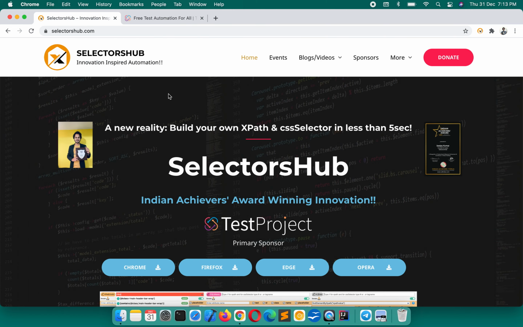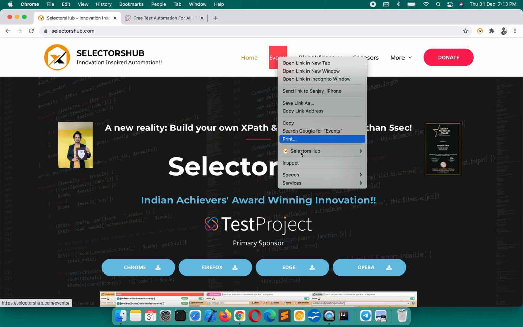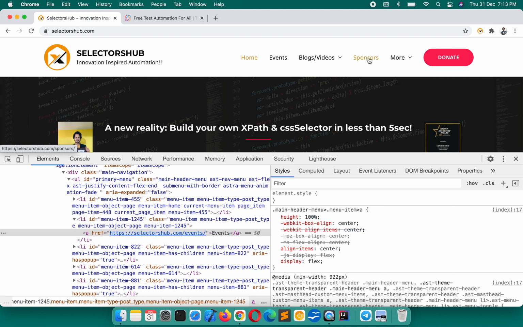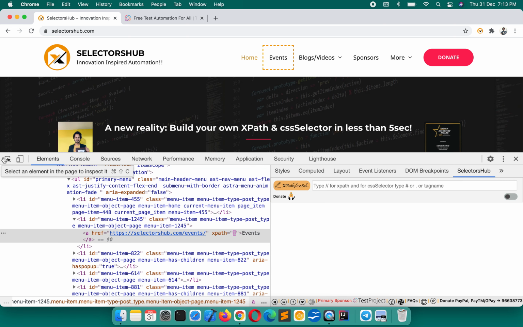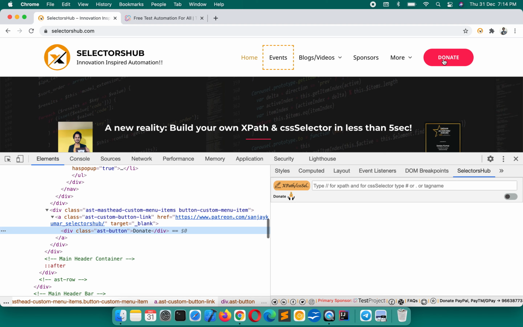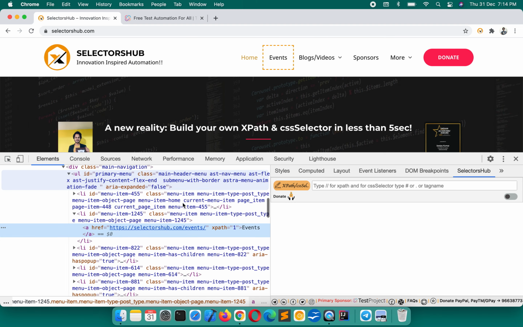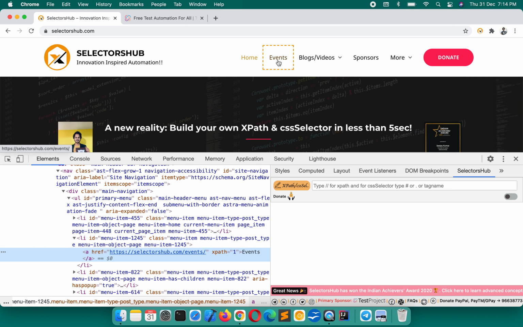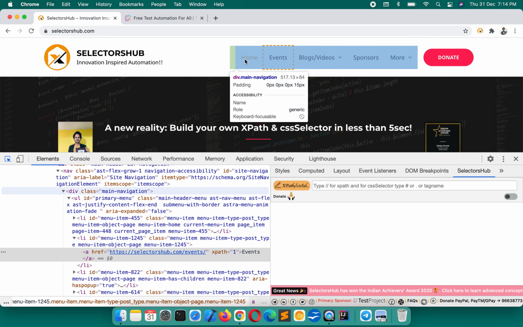Let me show you one more example. Let's say we have to write the XPath for events with respect to home. First we write the XPath for home.